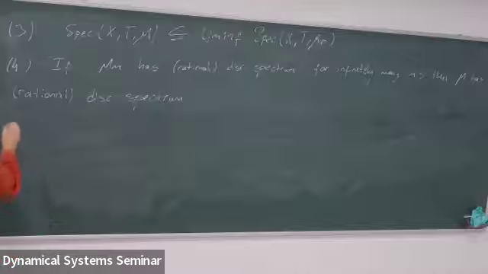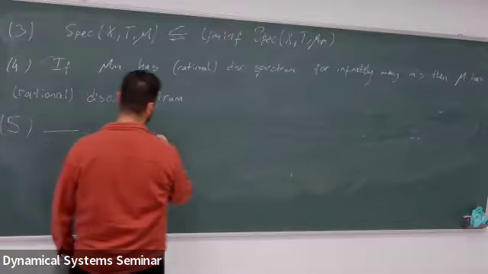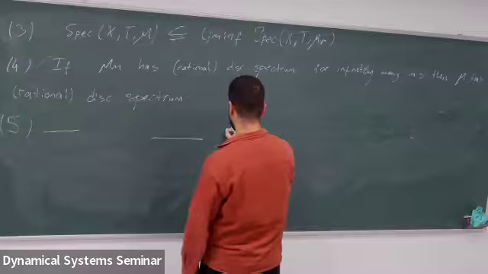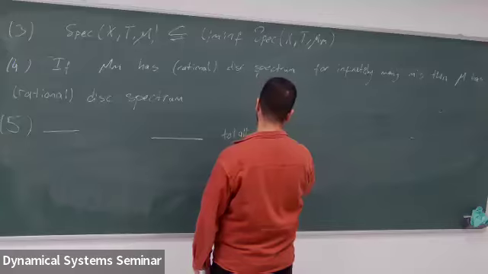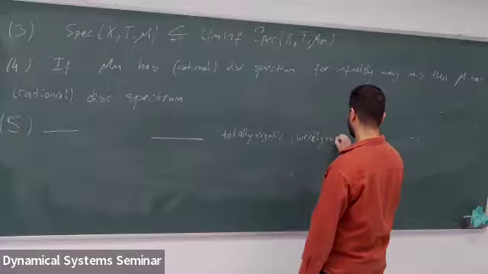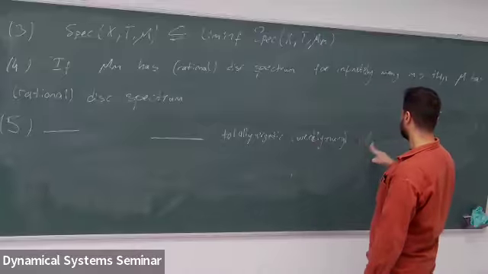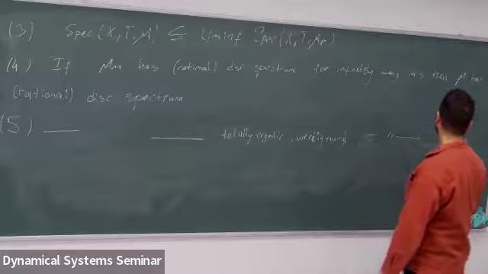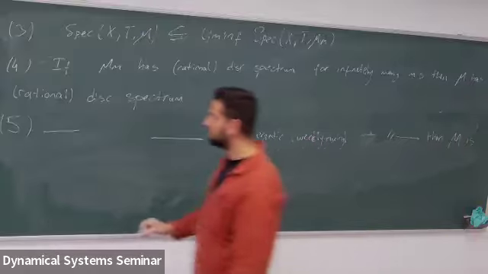And the last one. I don't want to write the same thing. If mu is totally ergodic or weakly mixing in the measure theoretic sense, for infinitely many n again, then mu is totally ergodic or